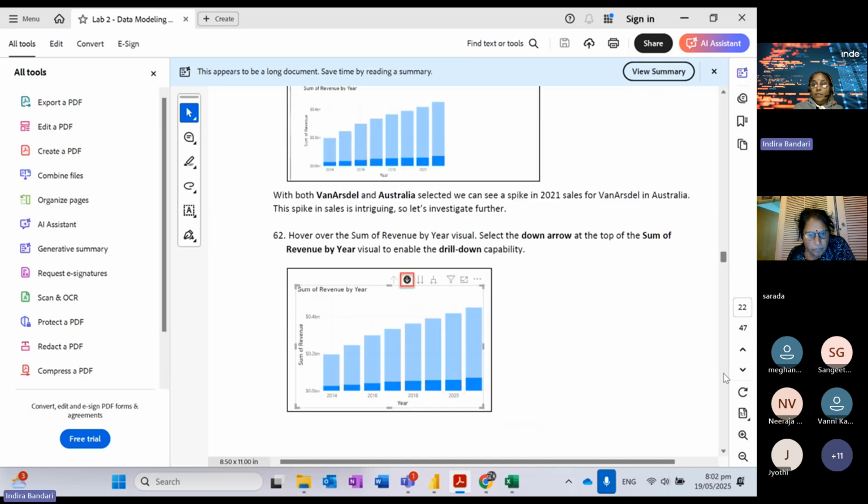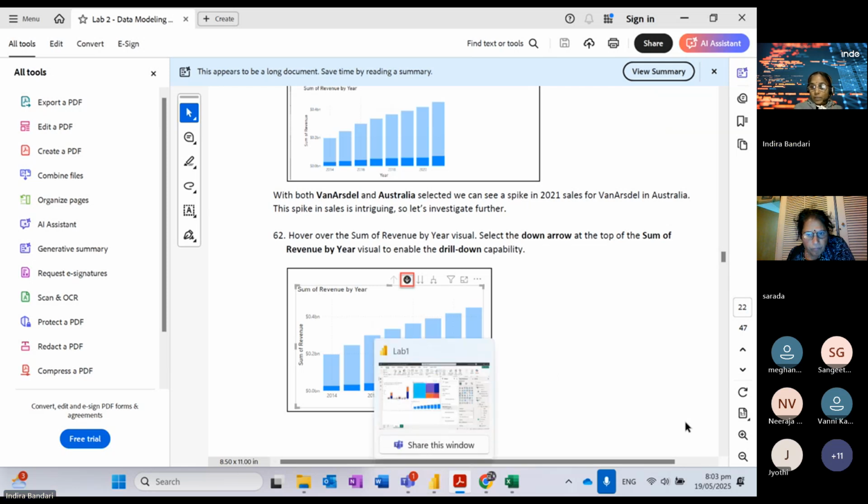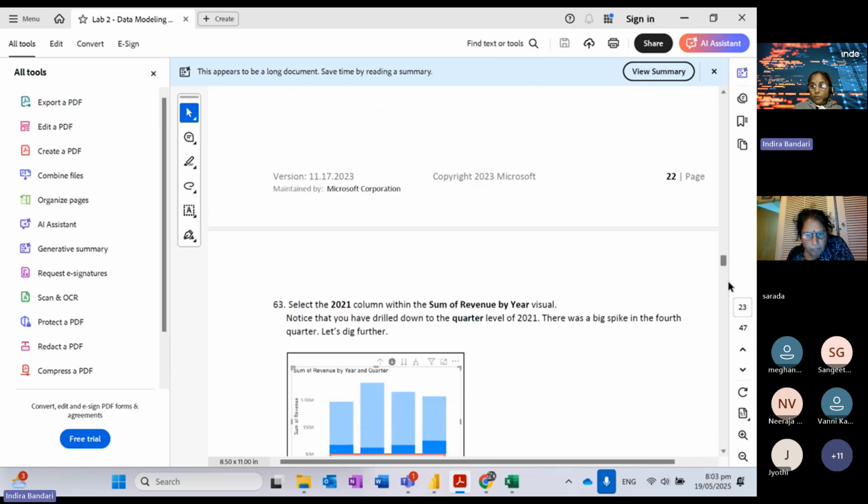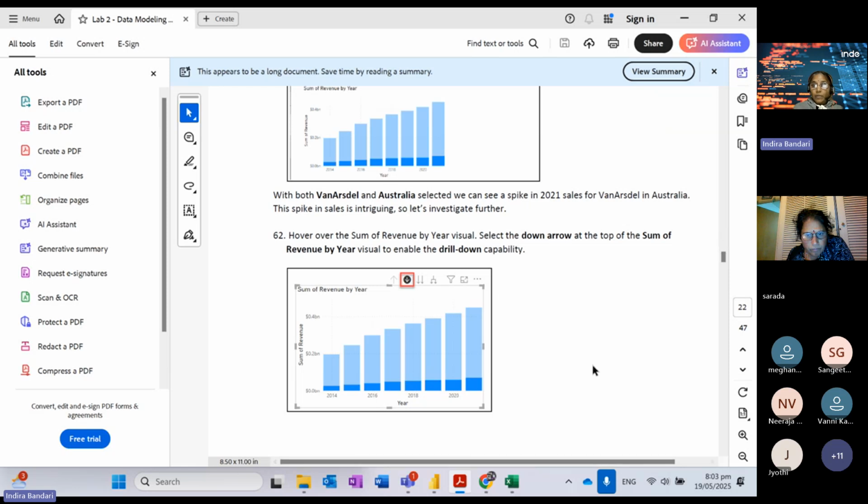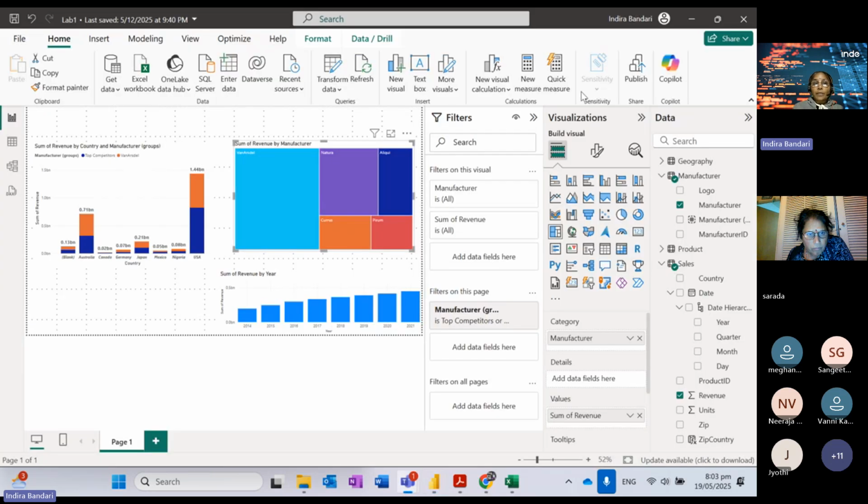Okay, so this is just analysis, how we can analyze. So let's do that. Maybe we don't add. Okay, we have seen this kind of analysis. And also drill down capability. I'll show you the drill down capability. So here, if you look at this one,